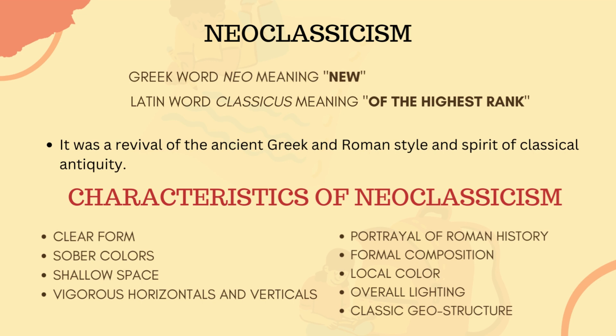Neoclassicism and Romanticism were the movements after the Rococo period that flourished across Western Europe and the United States, which spanned approximately the late 1700s. Just to give you a hint, Rococo was late Baroque that is often described as the final expression of the Baroque movement. And the word neoclassic came from the Greek word neo, meaning new, and the Latin word classicus, meaning of the highest rank.